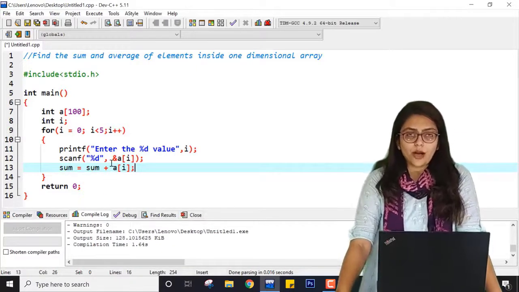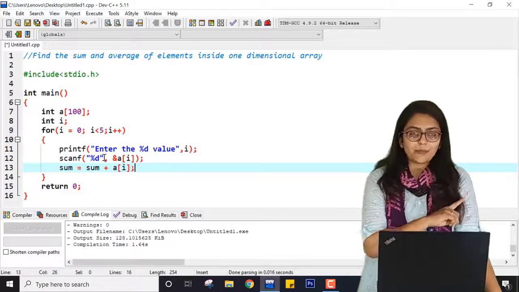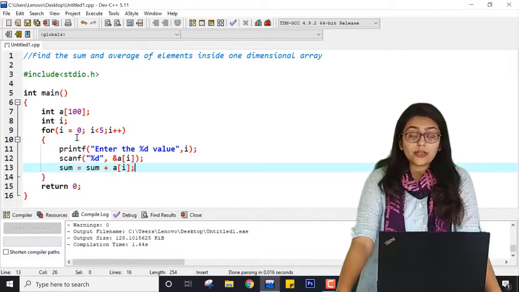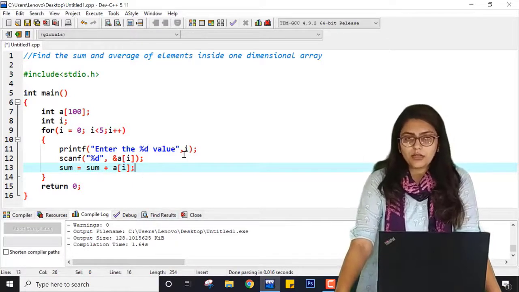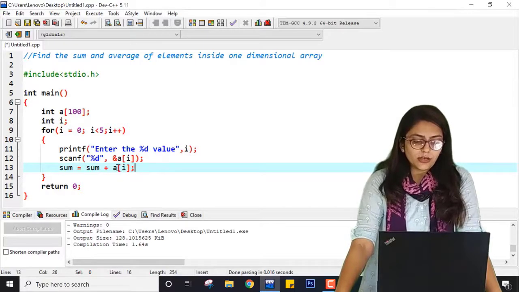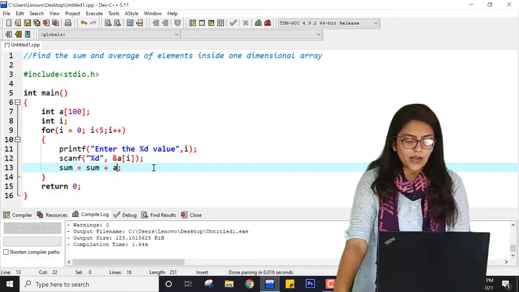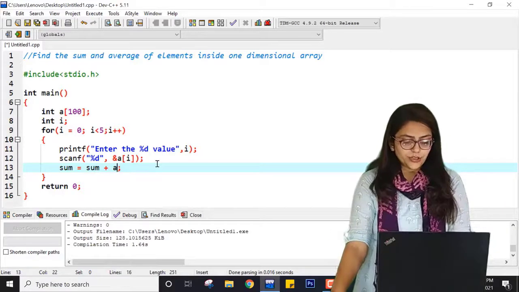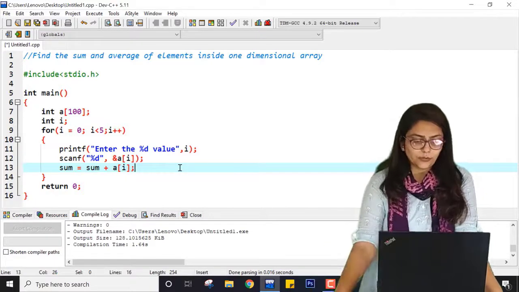If you don't remember the program, go to the examples, practicals of the third chapter, that is, sorry, control structures of C. Inside that, I have done this practical. So instead of this, we were writing just this to find the sum of some integers. Now I want to find the sum of elements, that's why I am just adding the index over there.